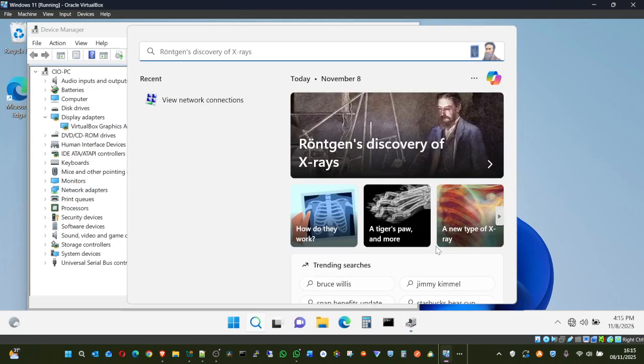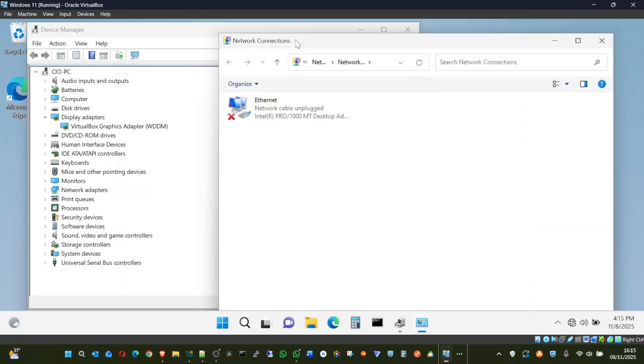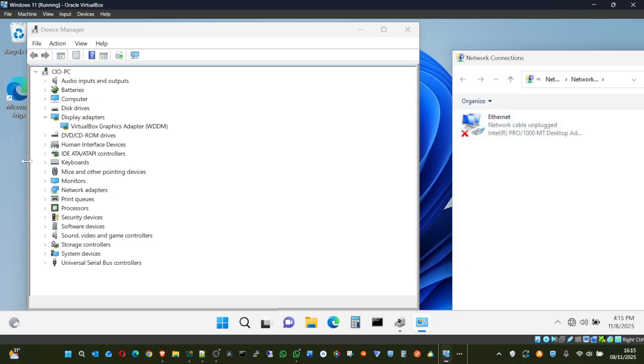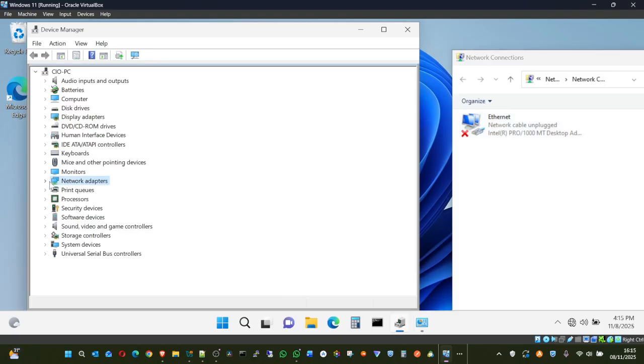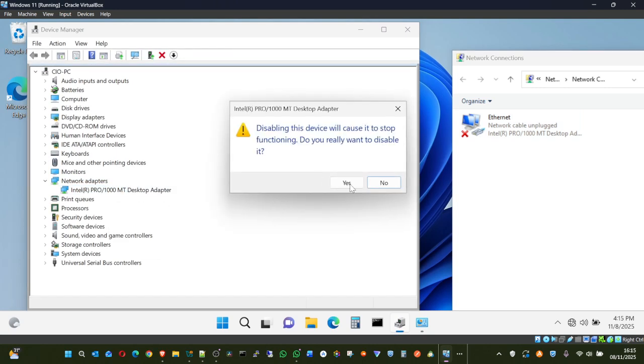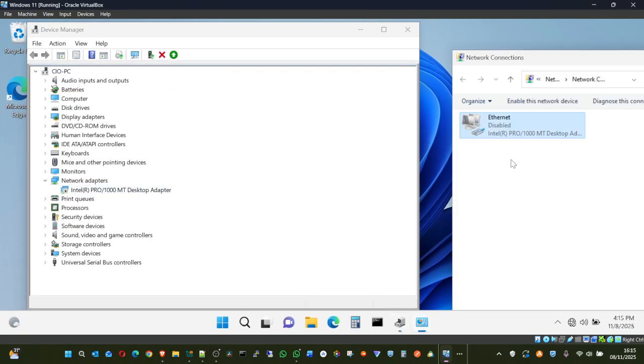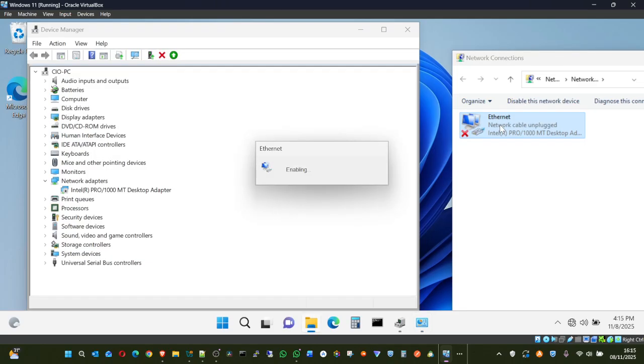Let me show it, practicalize it again. So this is a network adapter, and I want to practicalize exactly what it looks like. So this is network. If I say disable device, are you sure? Yes. If I disable it, you can see it's been disabled here. Sometimes you just look at your system and wonder what happened, it's not working. If you double click it, it opens back. But sometimes it may not do that.